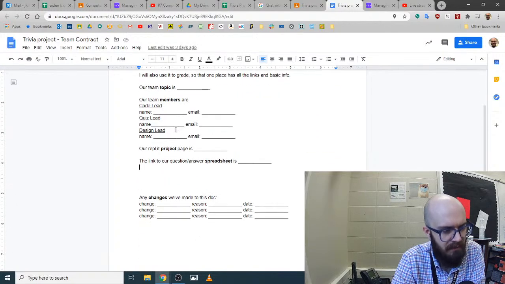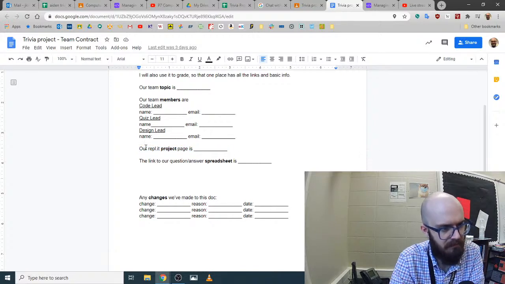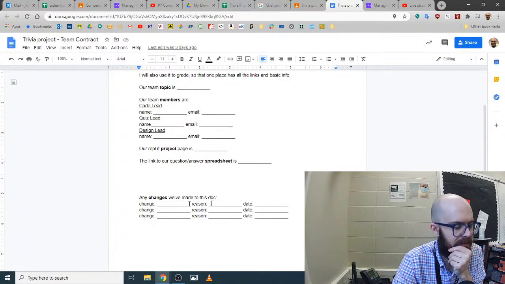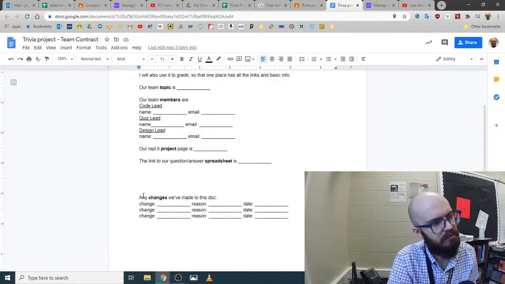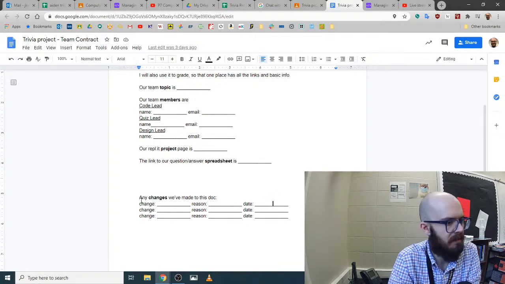Take a day or two to decide and get everything locked in, and then say it is locked in. If you end up changing something, like if you change the topic, if one person gets added to the team or whatever, or if you end up tossing out that project and having a new one with a new link because whatever reason, put them on here and say, hey, here we changed this, and here's the reason, and here's why, because that's what you would do if this was a real project for a business or a government or a school, and you promised something. You'd have to say, oh, we're changing the dates because of this, or we're changing the